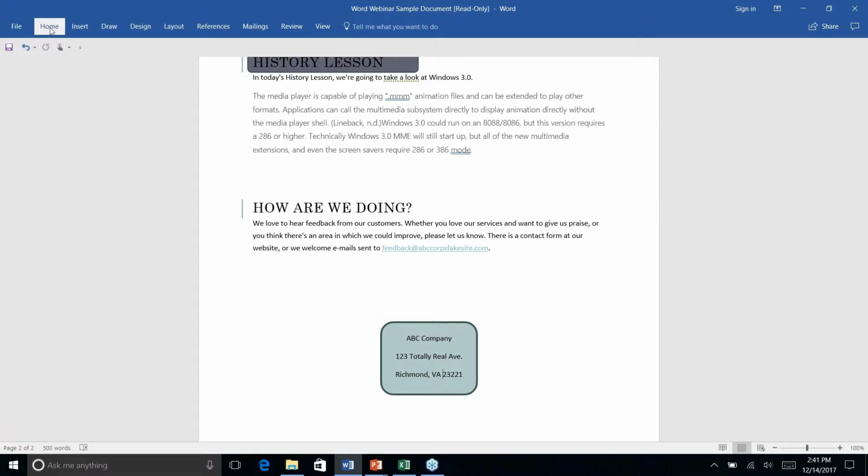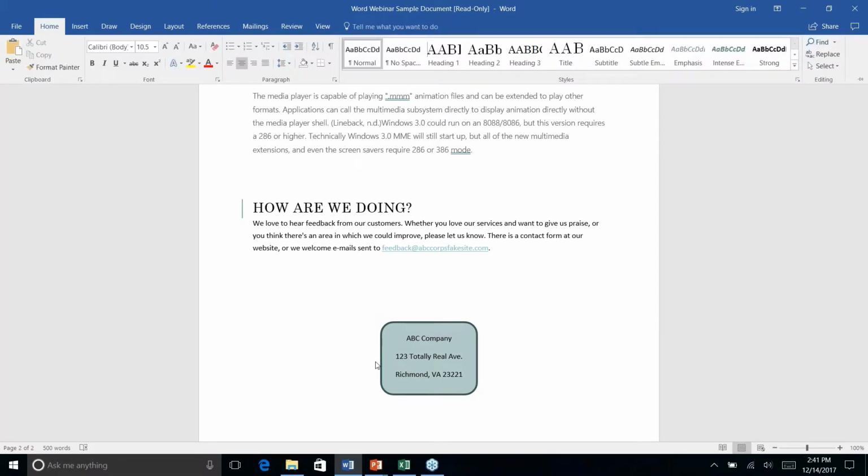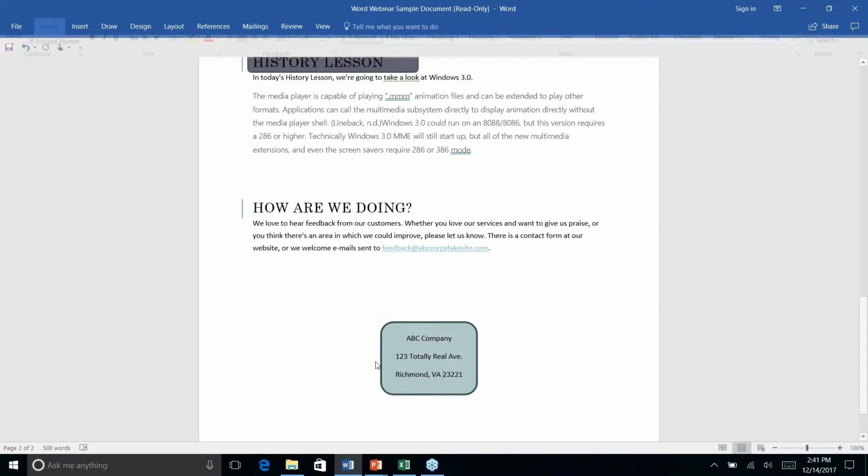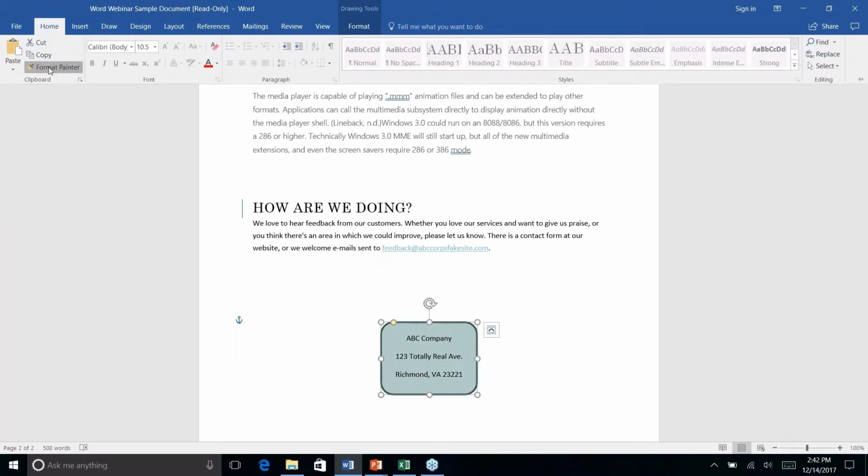Come up here under Home. Make sure that you have the shape itself selected, not the text. If you wanted to take the formatting of the font that you're using, the color, the size, you can use Format Painter to adjust that as well. But this here is a little bit more visually, it pops a little bit better. So I like this as an example. So make sure if you're doing this to a shape that you have the shape selected, or the element, whatever it is. Come up here to Format Painter, and it will